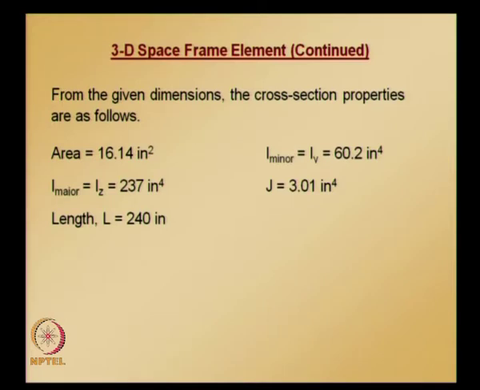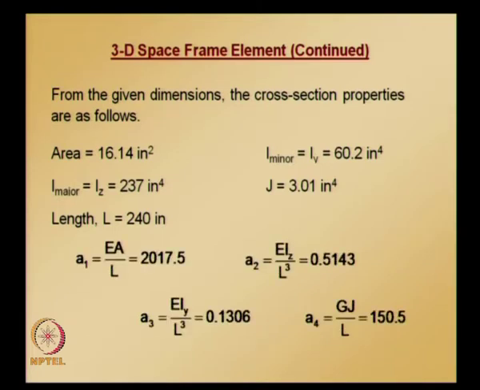So, from the dimensions and cross section properties we can get these values that are given, and from this we can calculate the coefficients a1, a2, a3, a4 for each of the members. But in this particular problem all the members are identical. Since all elements are identical, the local element stiffness matrix for all elements is the same, which is going to be